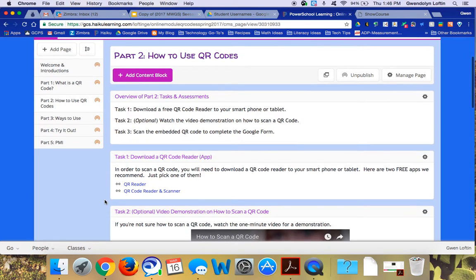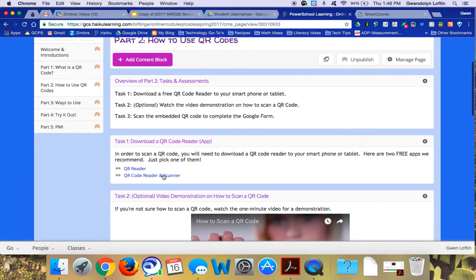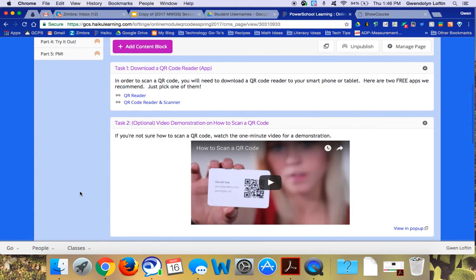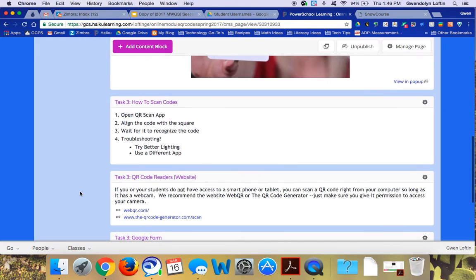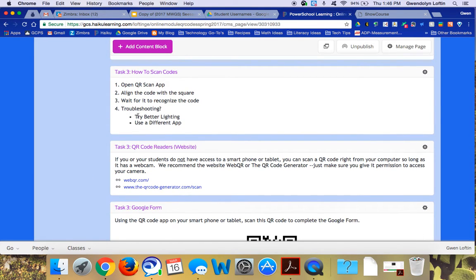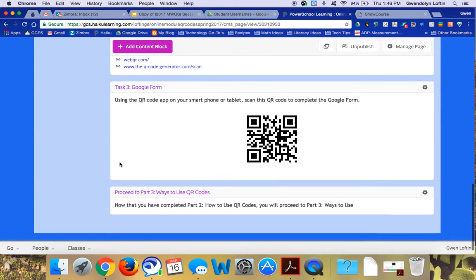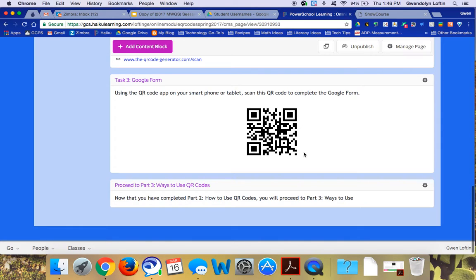So here you'll see task 1, it says to download a QR code reader. We recommended some here. Here's task 2, the optional task, where you watch a video on how to scan a QR code. And then we just gave some tips there and some websites that you can use if you don't have a QR code reader on your phone. There are ways to scan a QR code from a computer using the webcam. And then your final task was to scan this QR code, and it will bring you to a Google form